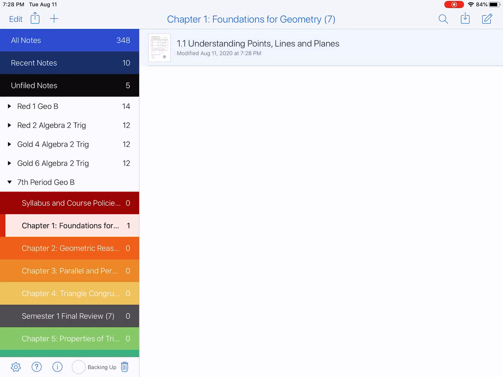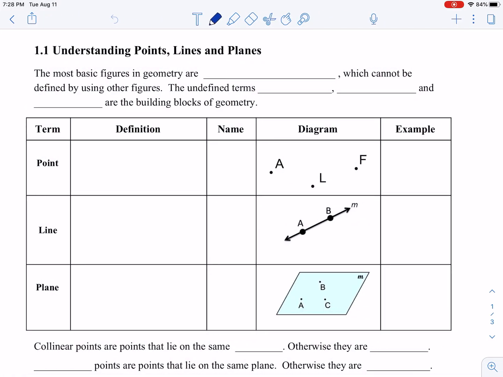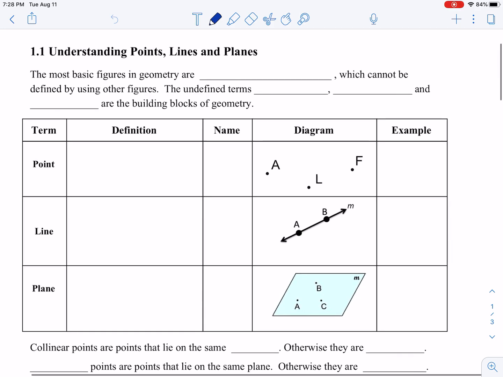This unit focuses on the foundations of geometry, so building a basic understanding of some terms and vocabulary that we'll be using for the rest of this semester and the spring semester. So let's begin with understanding some of our most basic figures in geometry, and these are our